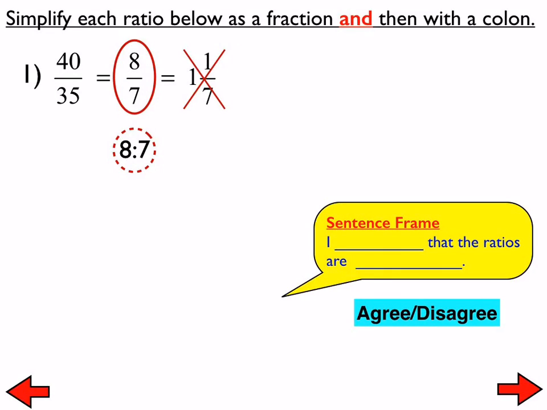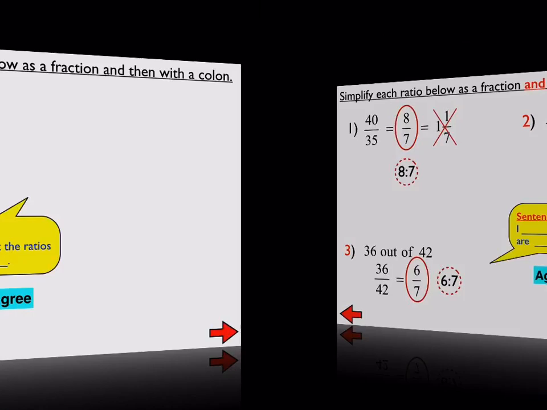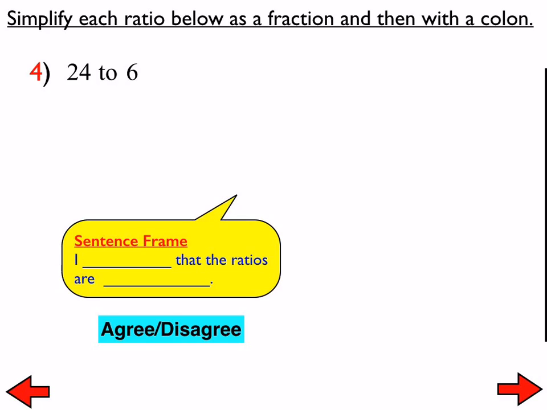Number 2, we started off with 16 over 12. That, of course, simplifies to 4 over 3. That's what that ratio would be simplified. And then with a colon, 4 colon 3. Number 3, started off as 36 out of 42, which as a fraction is 36 over 42. But that simplifies to 6 over 7. And then with a colon, 6 colon 7. Number 4, 24 to 6. As a fraction is 24 over 6, but that simplifies to 4 over 1. And with a colon, that would be